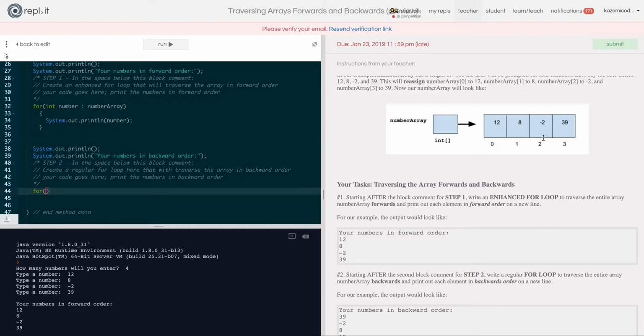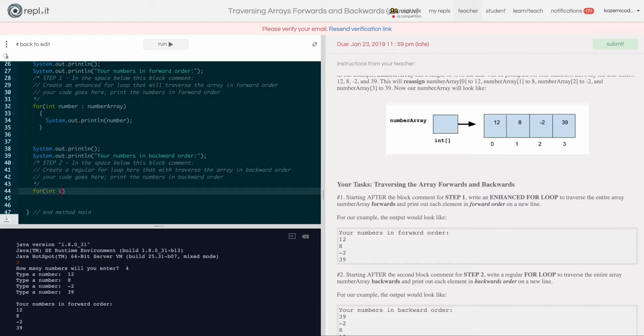So we're going to use the variable length that is part of the array class. So we're going to start at the length -1 because remember that the index values start at 0, so the ending element is always going to be equivalent to the array's length -1. So here we've got an array of length 4, but the last element is located at index 3. So we're going to start